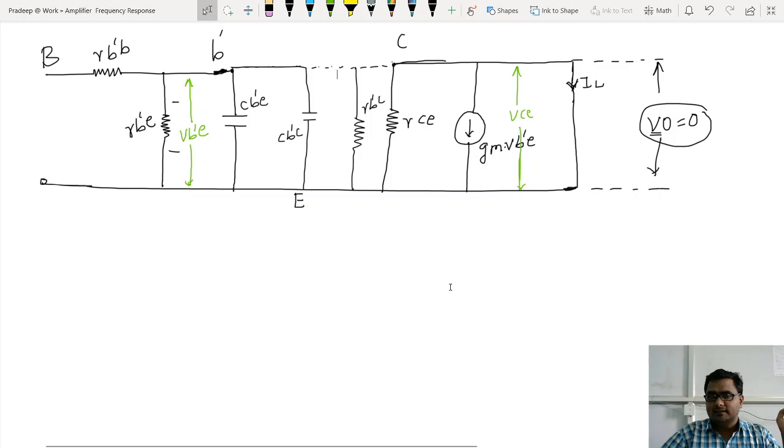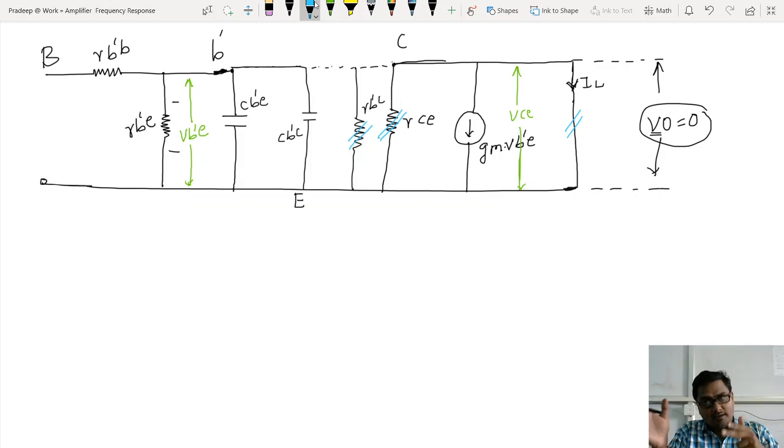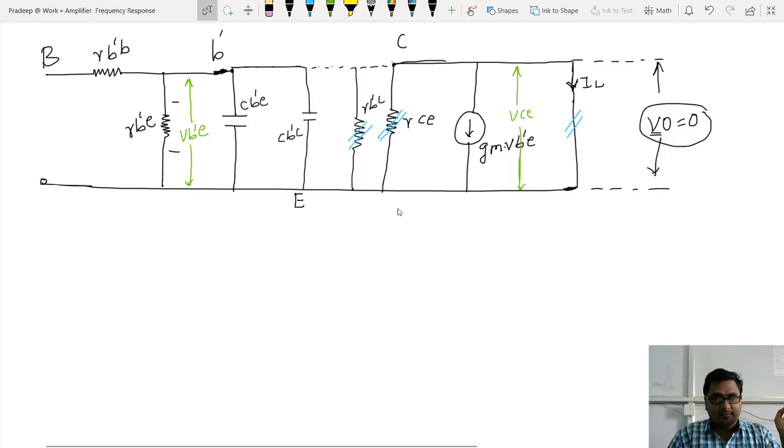Now look at the circuit. This is a short circuit. Let me change the pen. That short circuit is in parallel with RB dash C and RCE. Now, any value of resistor, when it is in parallel with a short circuit, what will be the effective resistance? Obviously, the effective resistance will be a short circuit. Any resistor in parallel with a short circuit will always be a short circuit. So that's why this circuit can be further